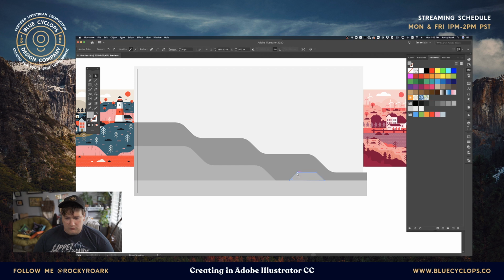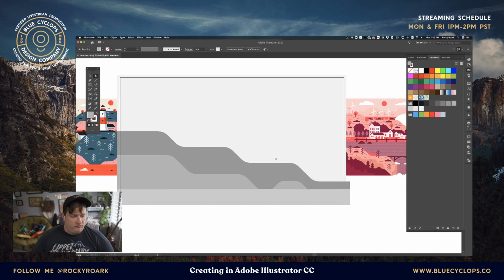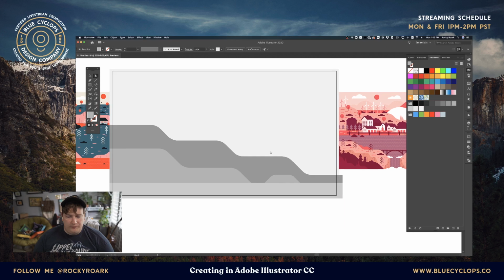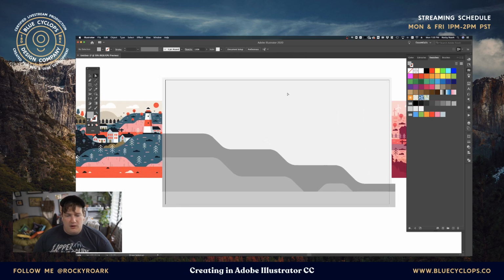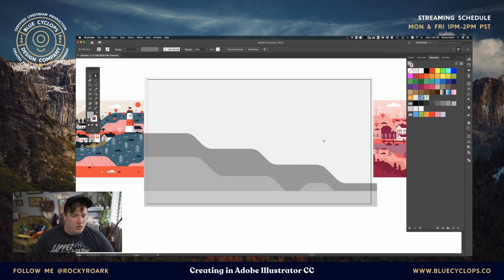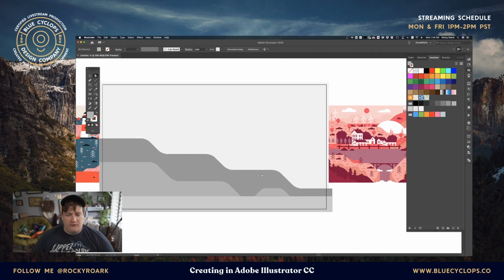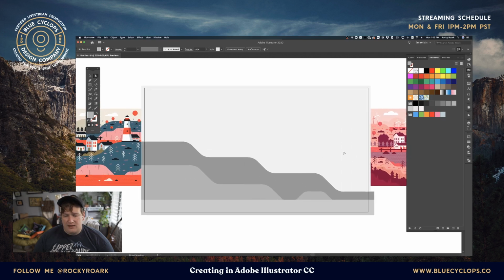And round these corners. Not bad, not bad. We're really cooking here. We're starting to get things rolling. All right. So now let's go ahead and start working on the background a little bit more. Let's add some more elements. So we've got these rolling hills here. Let's actually make, over on this side, the right side of the composition,